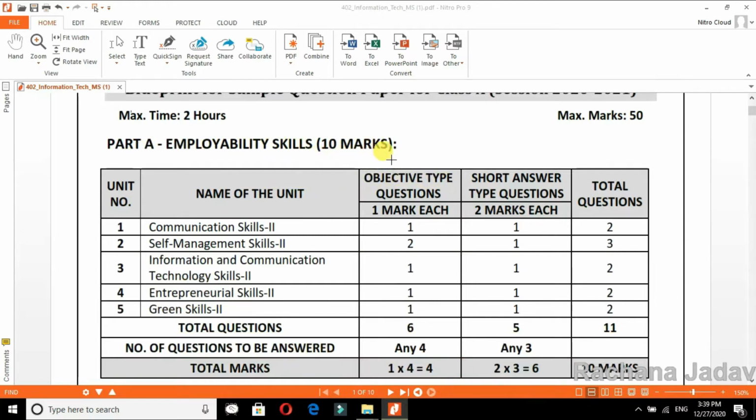उसमें आप देख रहे होंगे कि yes, it is for 10 marks only. It is only for 10 marks, but yes, it is very important. ये written exam के लिए हम लोग discuss कर रहे हैं. For the practical, yes, we will discuss in the next video. So yes, we will see about it. If you want it कि हाँ practical के बारे में भी discuss किया जाए, yes, we can do, but now